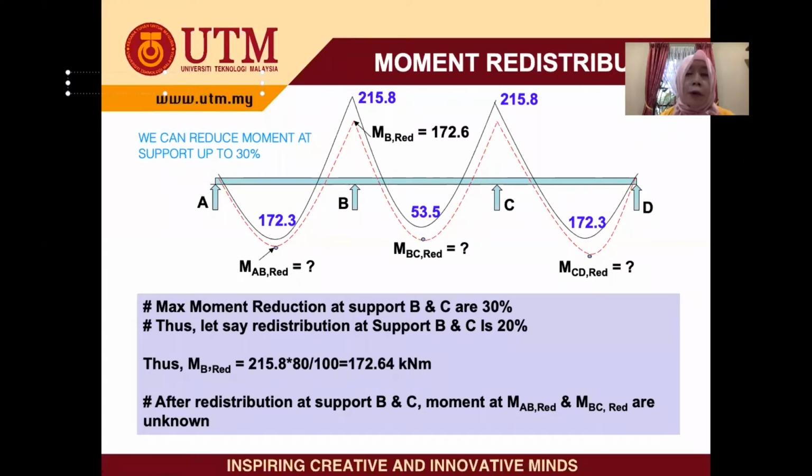Here we got 215.8, meaning that it's up to us whether to have the maximum or either 10%, 20%, 15%, and so on. But the important thing is that